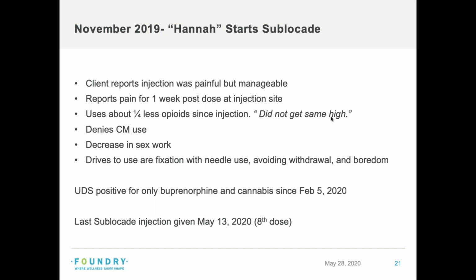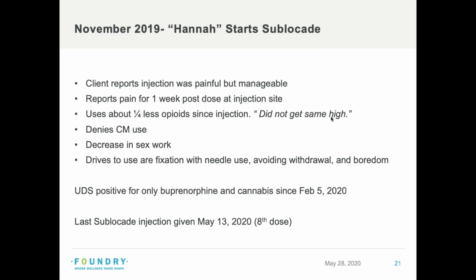Her drives to use, or the role that it plays in her life at that point, was that she was feeling quite fixated on needle use, and giving that piece up was difficult for her. And she just really didn't want to be in withdrawal. Another thing she identified was boredom, which is an interesting one because a lot of our youth say that. And I think what they call boredom is something much more extreme than what is usually referred to as boredom. It seems to me more like an anhedonia that's usually brought on from using stimulants and opioids and any number of things. So really helping the youth to stabilize on OAT so that they can start to work through some of what